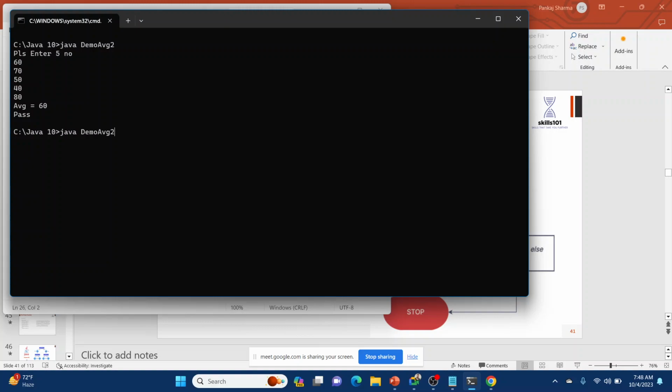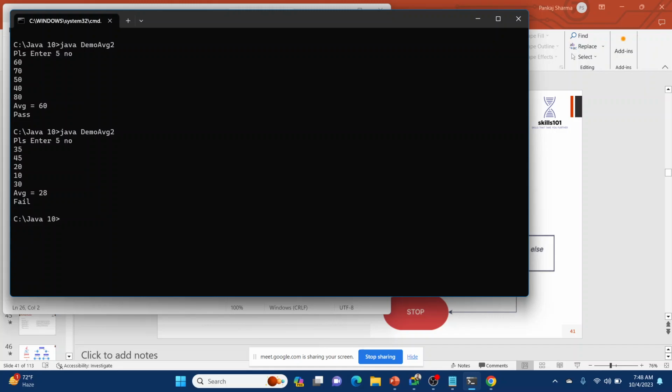Again execute it for the fail part, to see whether the fail part is working or not. If you give 35, 45, 20, 10, 30, the average is 28 and it prints fail. So that's how the if else statement works.